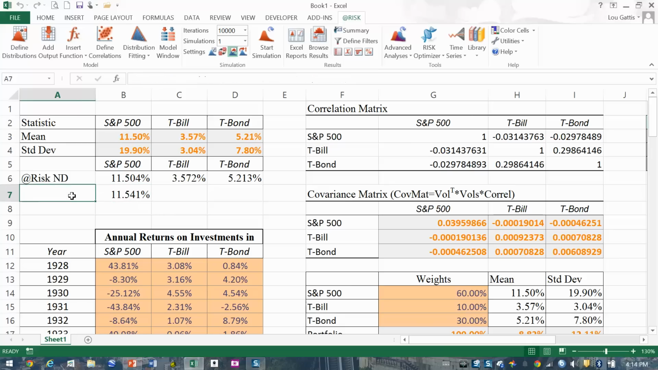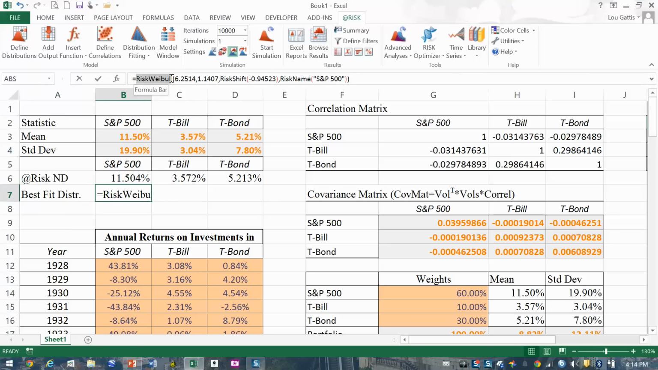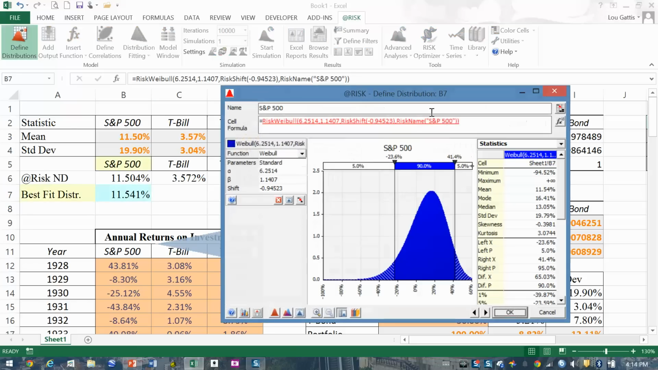And I'll call these my best fit distributions. And the formula I put in there is risk, not risk normal, but risk Weibull. Some number, some number, some number, and a name. So let's actually click on that and click on define distribution. So the risk Weibull, the Weibull